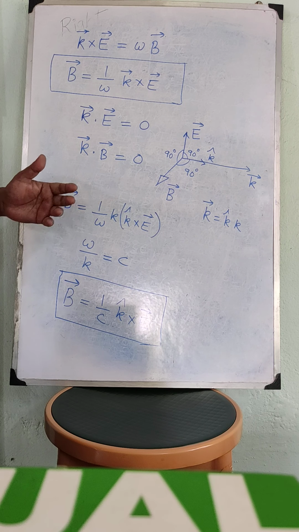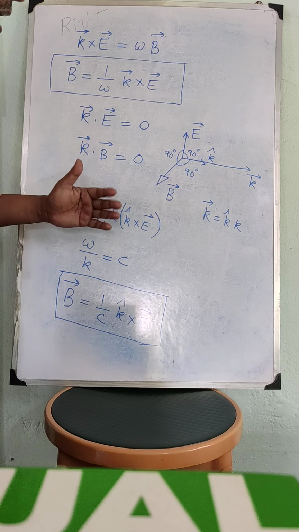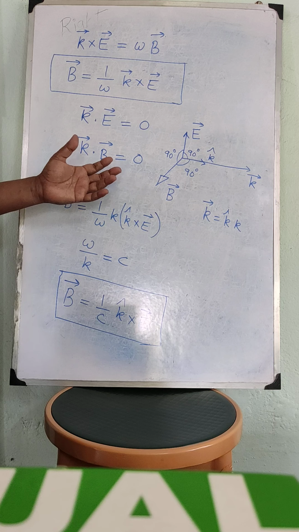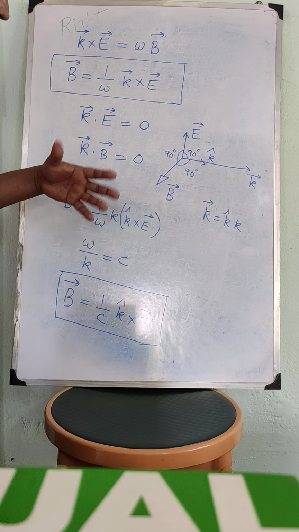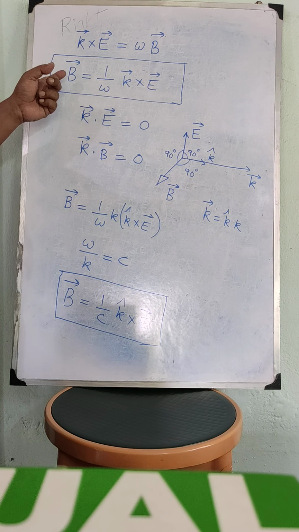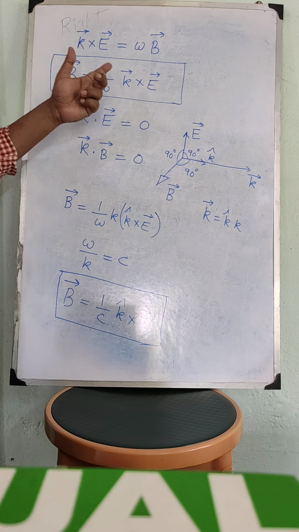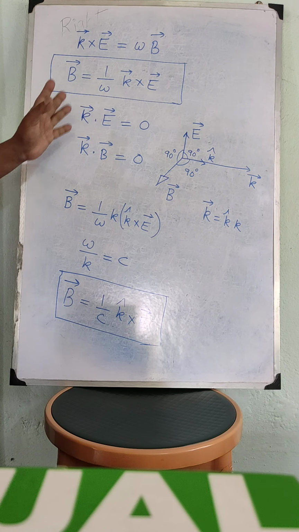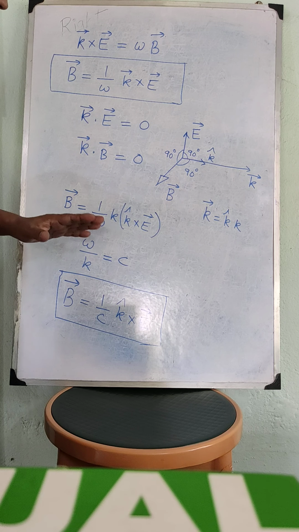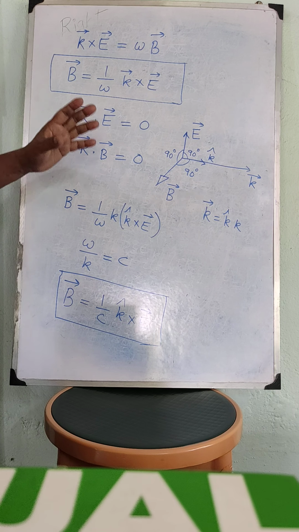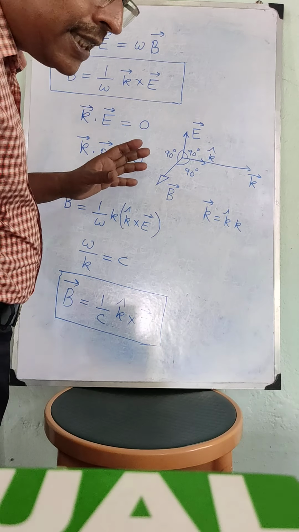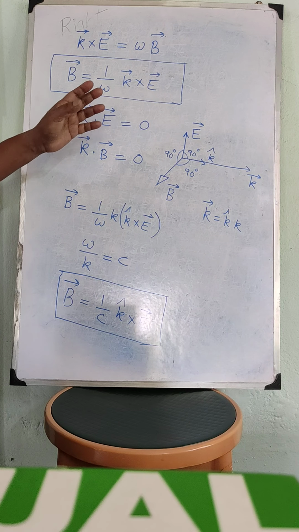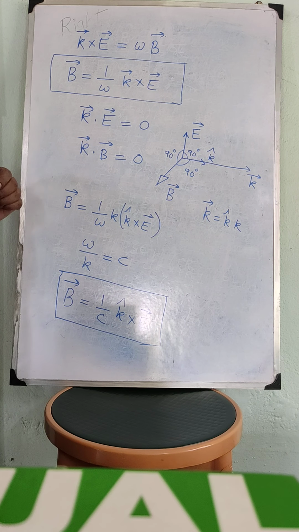So what we have seen? See, Maxwell's fourth equation in free space gives no more extra information. It only produces this equation, that is the angle between B, k and e vector. So in this lecture we have seen what are the constraints put by Maxwell's equations in free space on e vector, B vector and k vector.